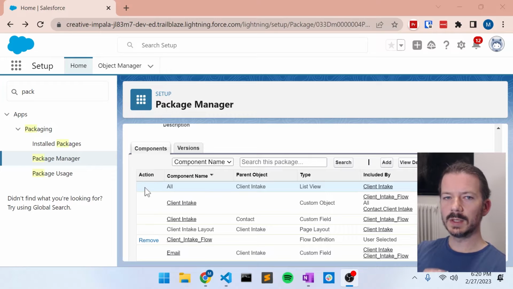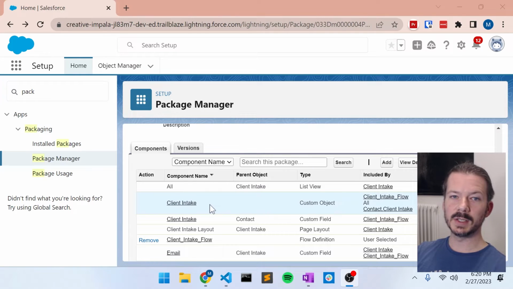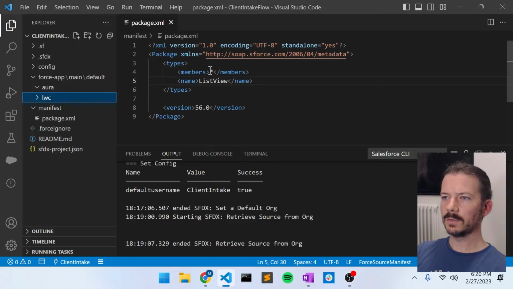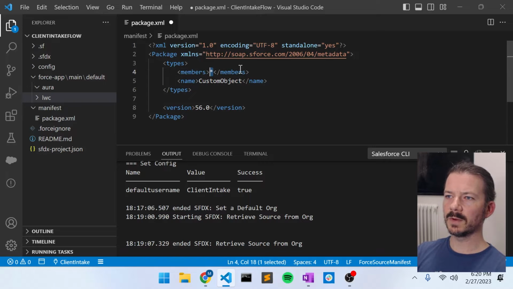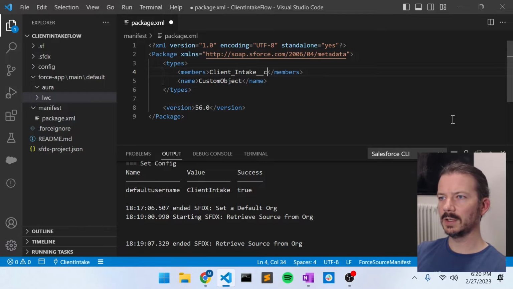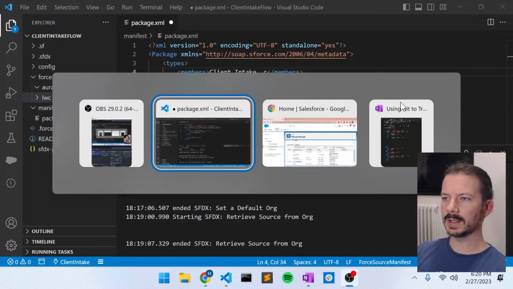First of all, we're going to skip the list view object here, and we'll get back to that in a second. We're going to start off with the custom client intake object that triggers our flow. So if we go in here and we change the name of the type to custom object, and we put in the name of our custom object, which is client intake _C, which if we go back to our